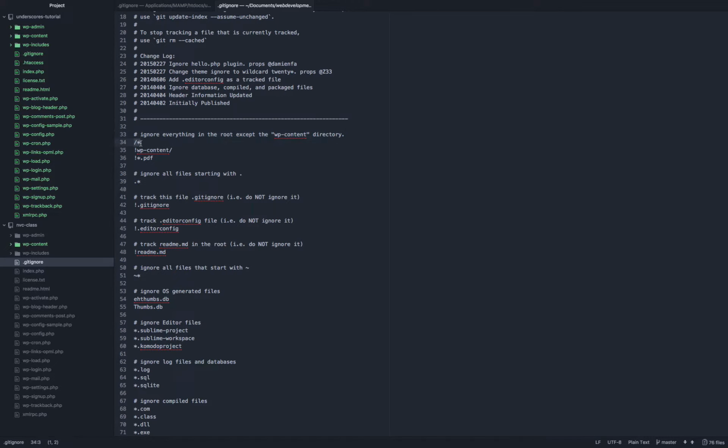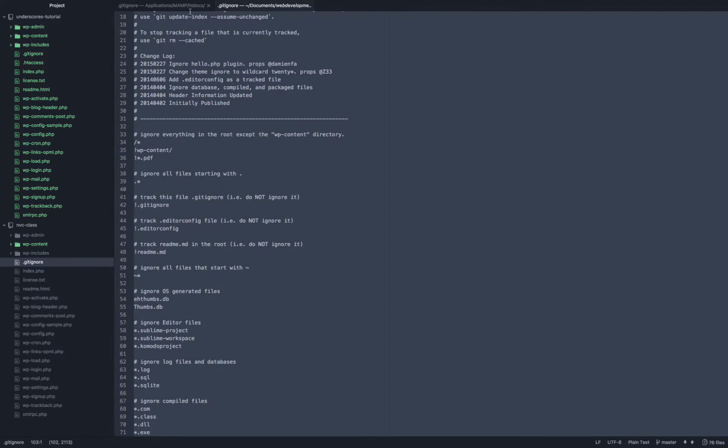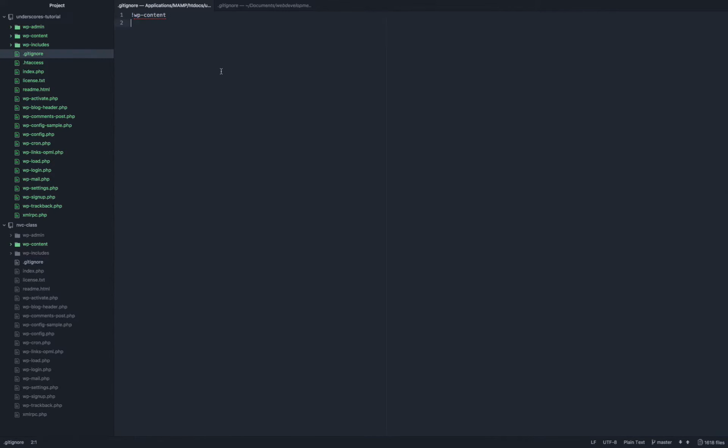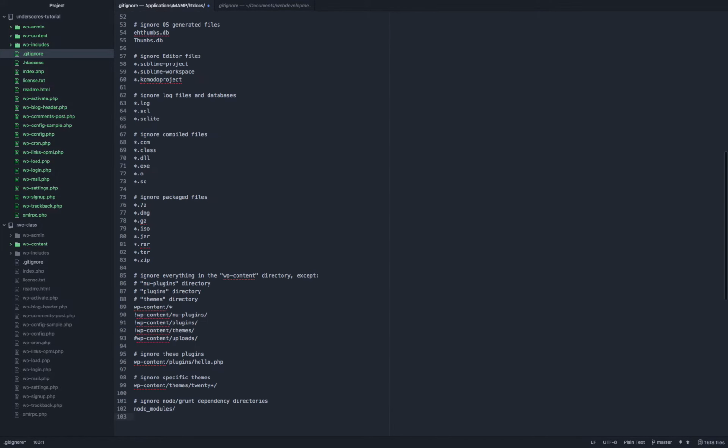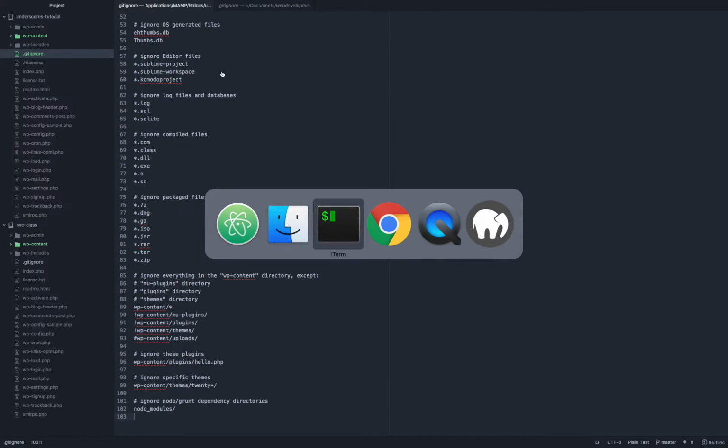So yeah, I forgot the star, which means everything, matches everything. So I say ignore everything except whatever has an exclamation point. So I want to ignore everything except this wp-content folder. So now when I copy all of this here and paste it in our own gitignore, save that, and now